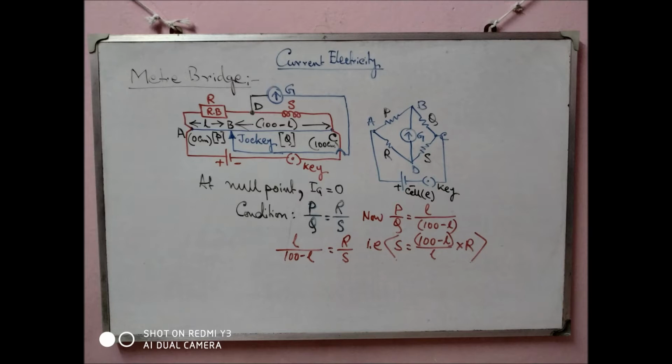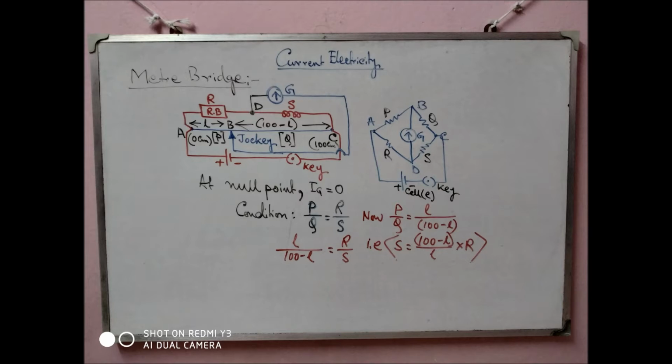But basically meter bridge is used more than post office box because post office box is not used nowadays. Previously it was used to measure the resistance of the wire between two telegraphic posts, but nowadays it is not used. But still meter bridge we use to find the unknown resistance, basically in laboratory.